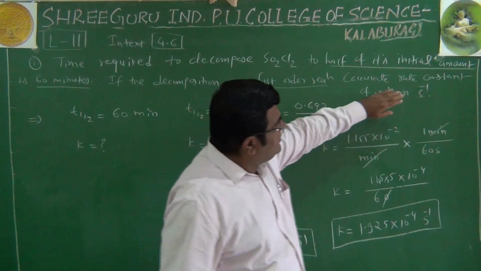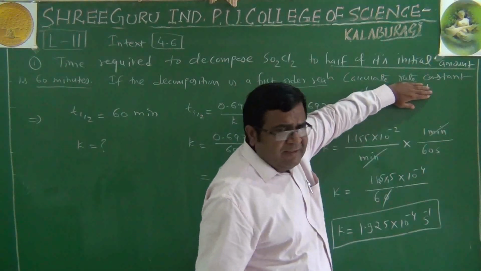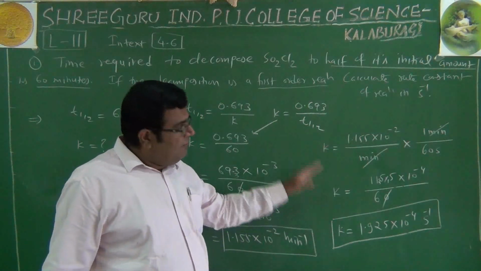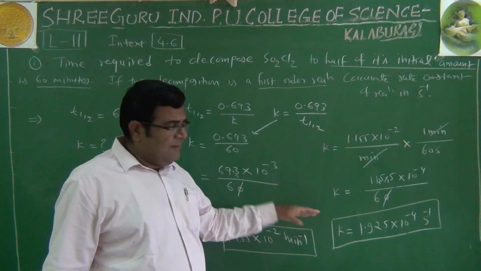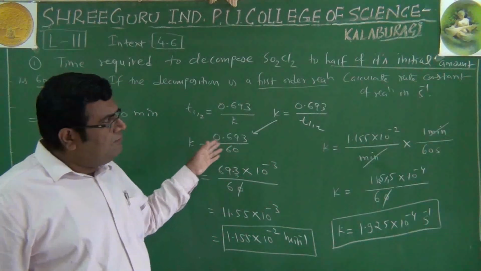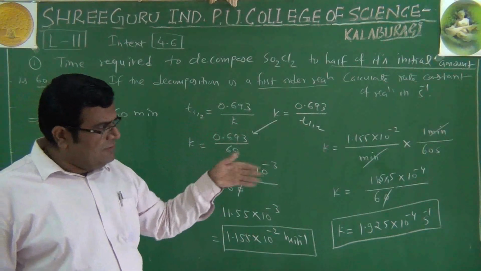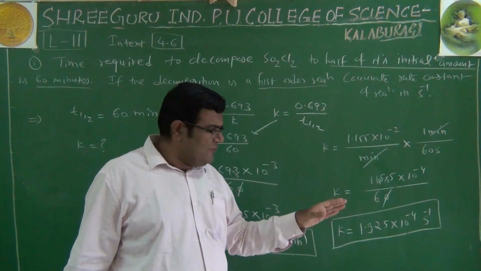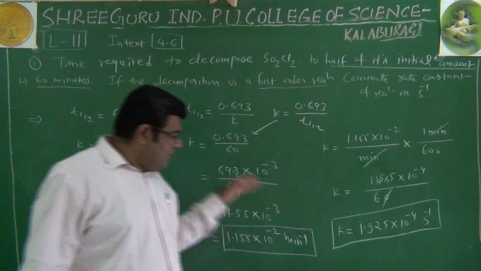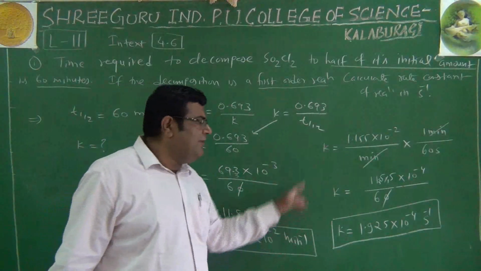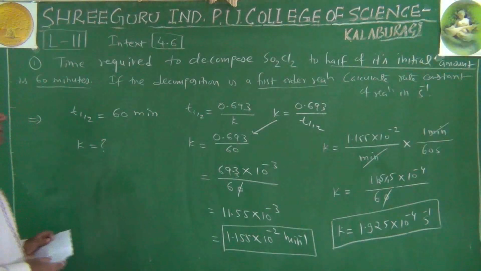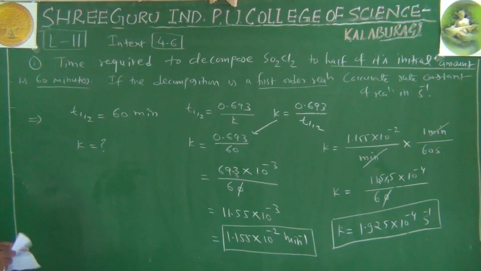If they do not mention this, if the question is like this, calculate the rate constant, you can keep this as per minute. No need to convert that to per second. Why I have done this? Because in this in-text questions, they have given some answers in exercise and they have written it in per second. You should not get confused. That's why I have solved the question first in the unit of per minute and then in per second, only to correlate that answer given in the textbook. So this is the first question we have completed.